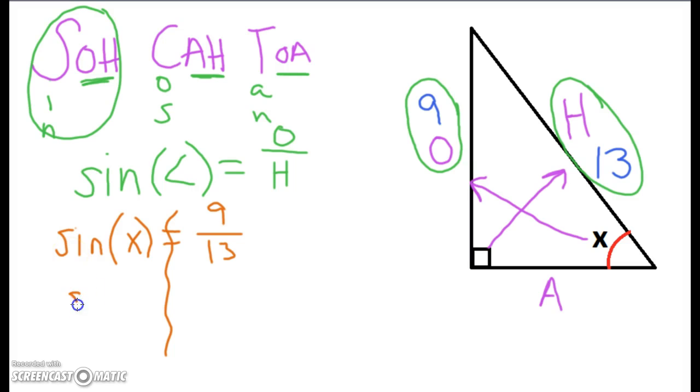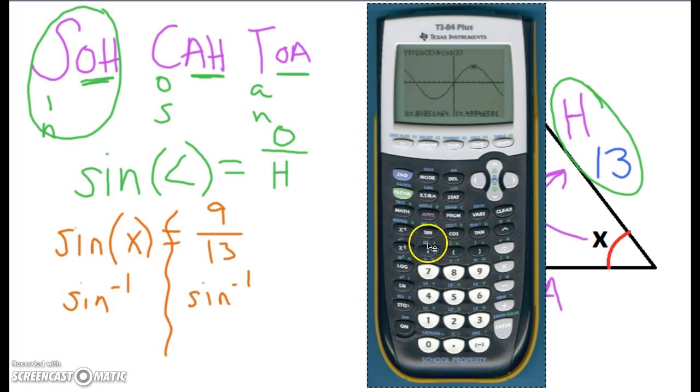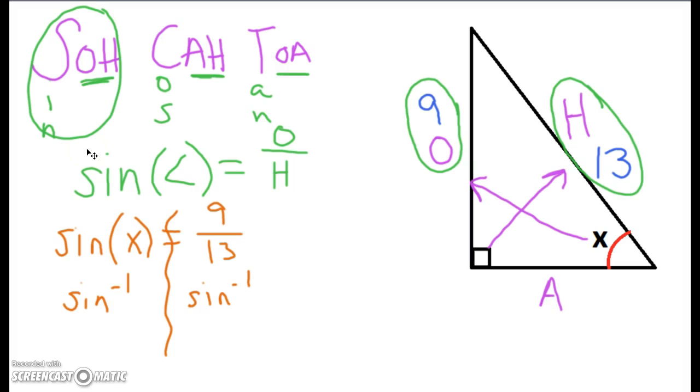Well, the opposite of sine is called sine inverse. It is a button in your calculator that's on the sine button. So if you hit second and then sine, you will see it. All right, so here's a picture of a calculator. So here's the sine button right beside cosine and tangent. To get this sine inverse, you're going to hit the second button, and then you're going to hit the sine button. And what you're going to see on your calculator is,